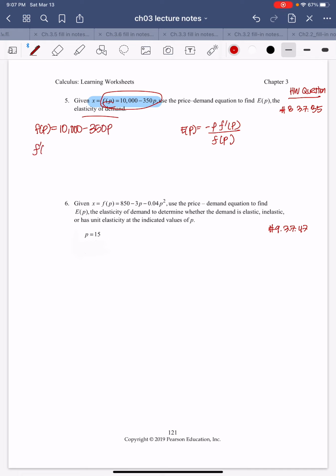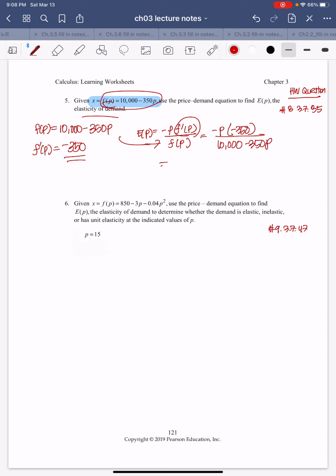So f prime of p will be the derivative of 10,000, which is 0. The derivative of negative 350p will be negative 350. So let's plug it into this equation. We want to find E sub p. So negative p times f prime of p, which is negative 350, divided by f of p, which is 10,000 minus 350p. Let's keep going. The two negatives make a positive, so I have 350p over